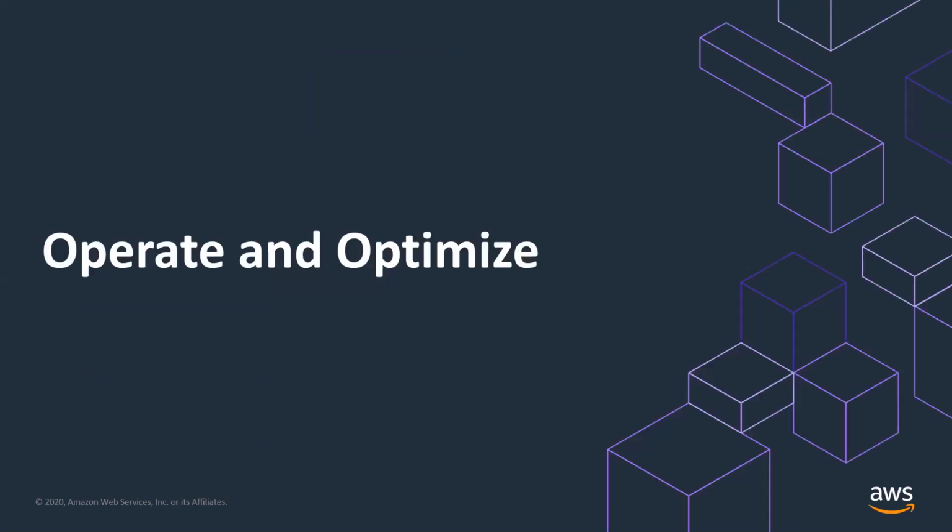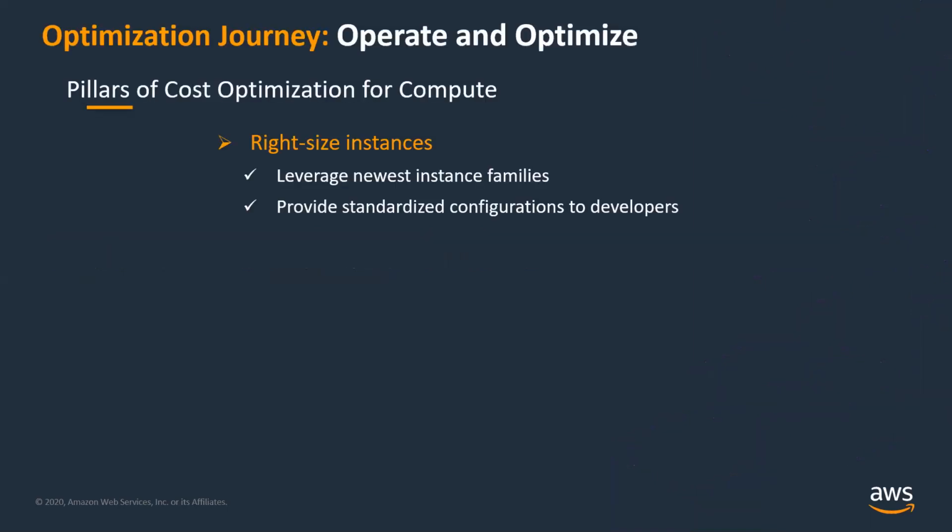The next phase in your cloud journey is when you have all your workload in the cloud, and now you want to operate, stabilize, and optimize your workload. Once you are in the cloud, it's a good idea to keep an eye on your EC2 instance families and use the newest members of EC2 instance families to get better performance at a lower cost. A good example is, very recently we launched the T4G instance type, which is powered by ARM-based AWS Graviton 2 processors. Believe me, if you spin up a small instance of T4G, it will cost you less than $10 per month,